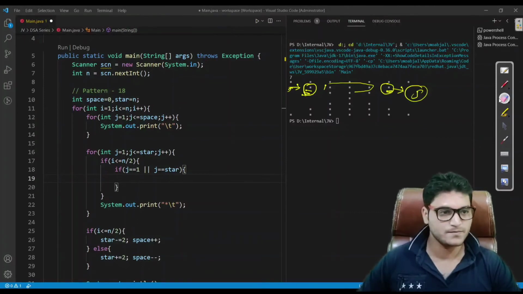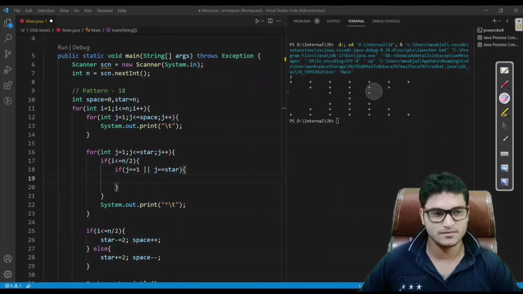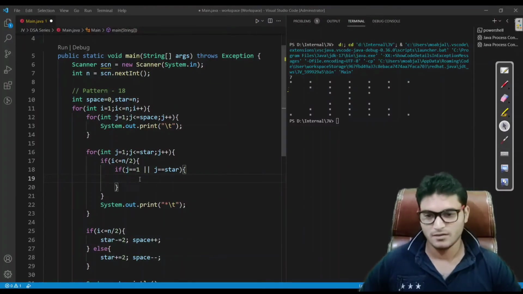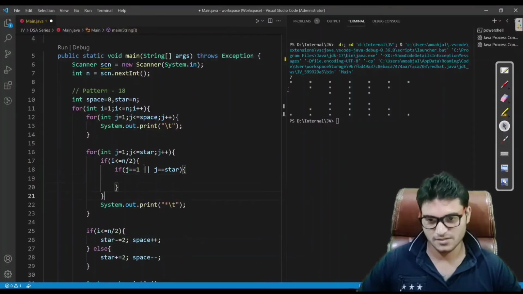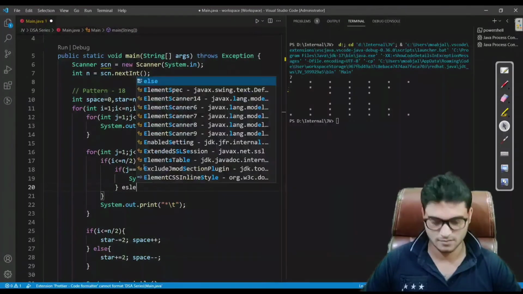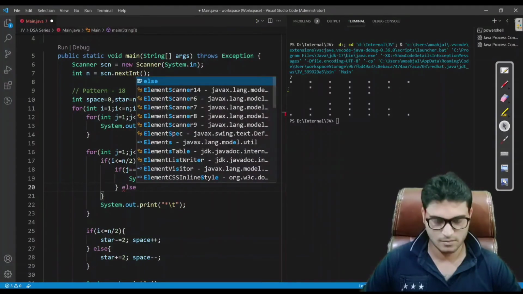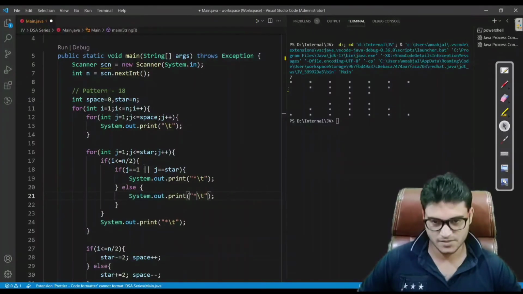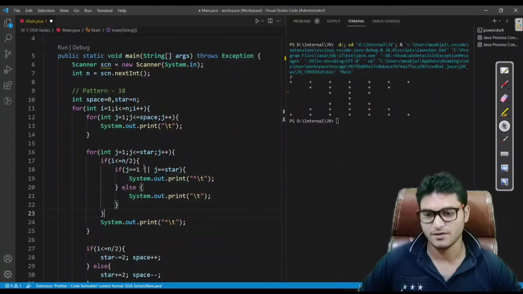So let me clear this. So what we have to do in this case, we have to print star, else we have to print spaces. Fine.